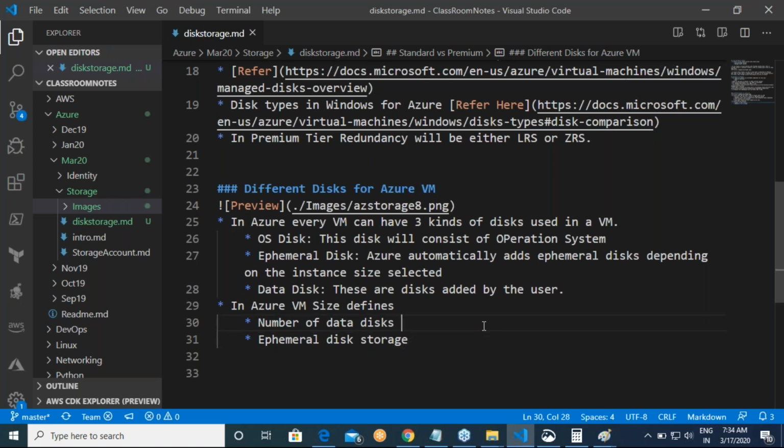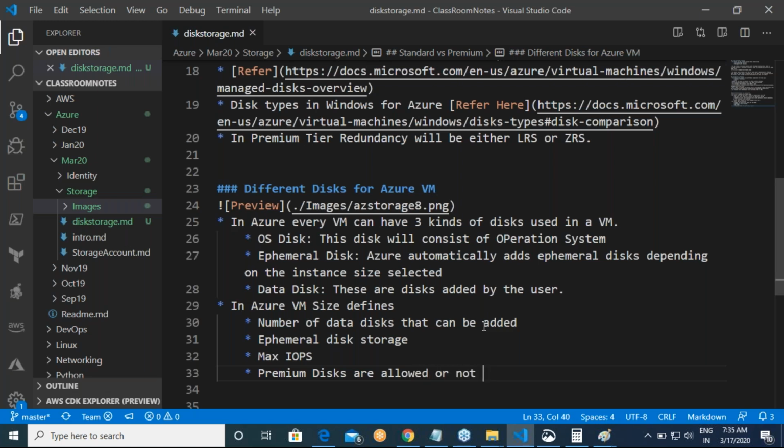It also defines the max IOPS, and whether the premium performance tier, premium disks, are allowed or not.